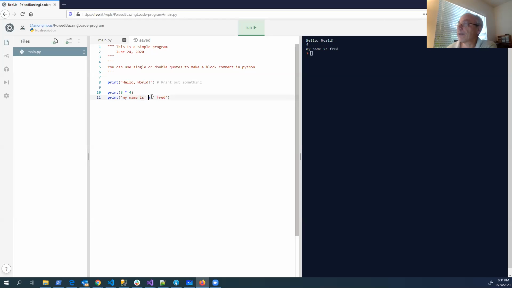What does the plus operator do? It doesn't add them together. What does it do? It combines them. Right, exactly. It joins them together. So if I have one string that says my name is, and another string that says Fred, and I join them this way, it comes out over here as one string: my name is Fred.